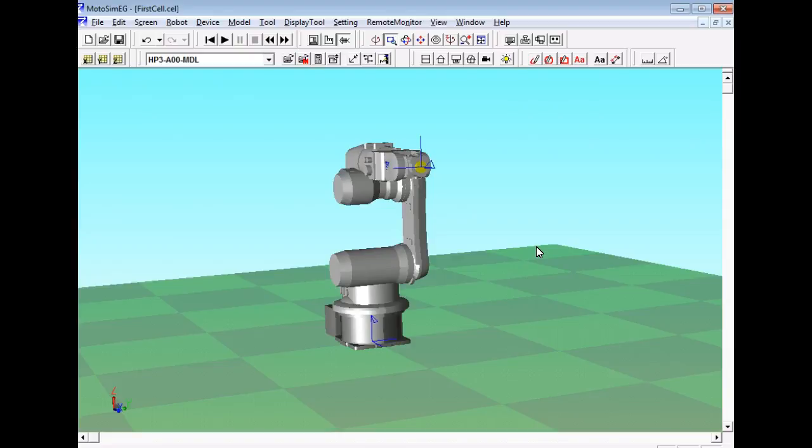So right now, where's the tool at? It's going to be in the center of the robot's mounting flange, right? And of course, that's where we're going to put our tool. So you're going to make a model that puts a tool there. Now, as soon as I did that,